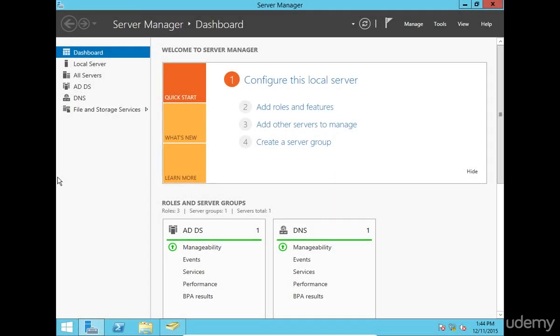Okay, in this lecture, we're going to use group policy to set the desktop backgrounds of our users. So, say we have a company wallpaper. We want all of our computers to display that wallpaper. So the first thing we need to do is get the desktop background onto our server. And our server doesn't have internet access because, if you remember, earlier we changed the networking adapter from NAT to internal network. So what we need to do is go to the domain controller,